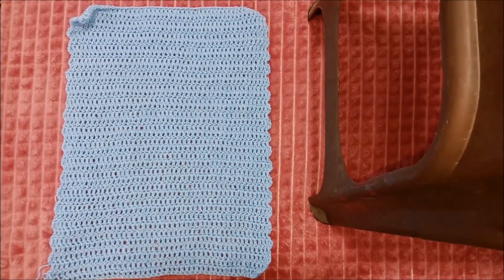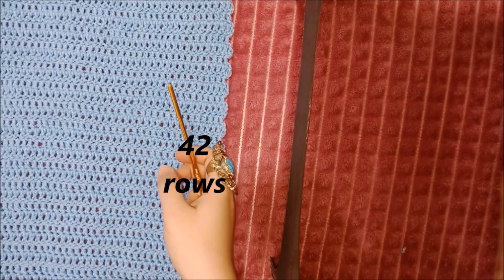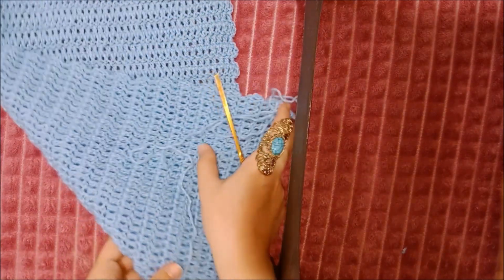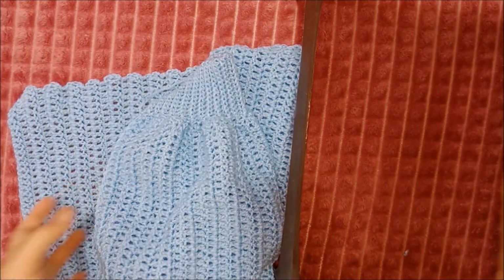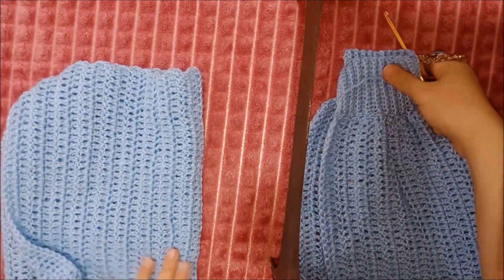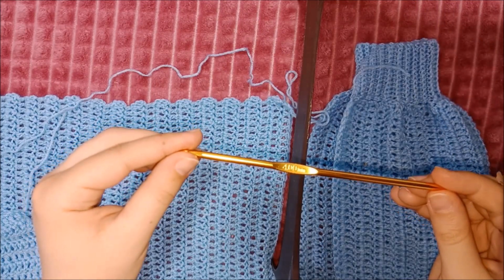Now to make the ridge for the sleeve, I made 42 rows, and to make the ridge it's quite a little bit different from the ridge we made in the back and in the front, because here I want to make it a little bit tight on my arm. So using the crochet hook number 4,